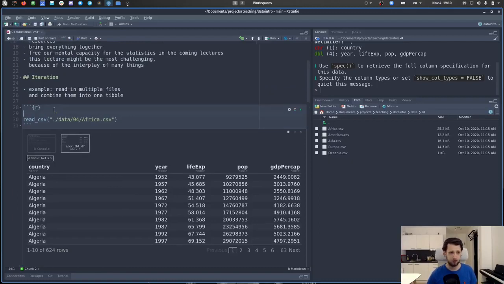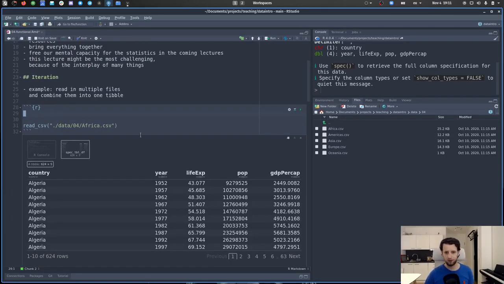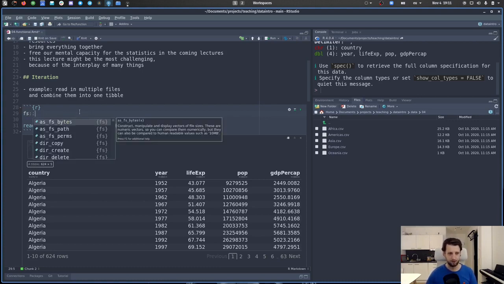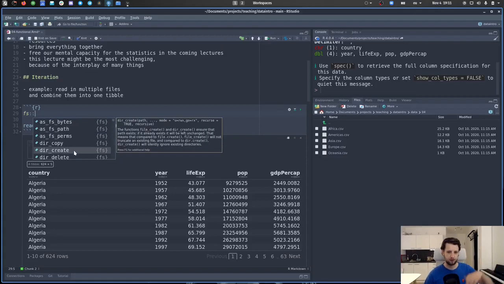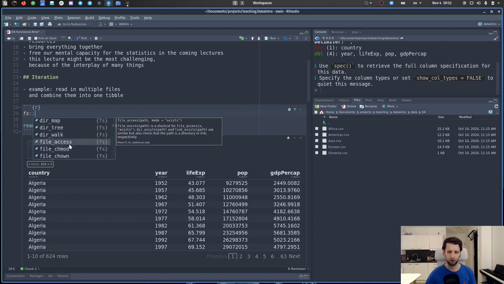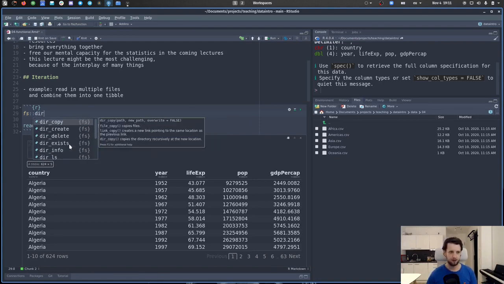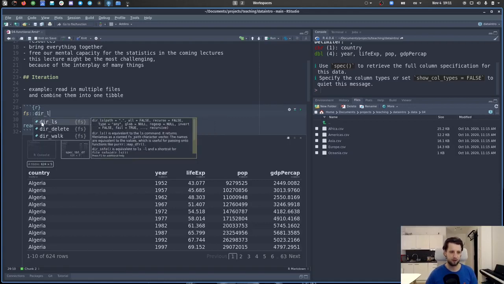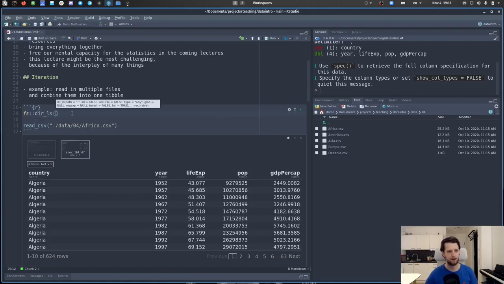So one way would be to go, okay, we need to get all the file paths, right? And a nice package for this is the fs package, which stands for file system, which comes with the tidyverse as well. These functions or versions of these functions also exist outside of this package, but sometimes it's nice to have everything in one package, and then you know where to find stuff. So fs, and then there's dir_ls, which stands for directory, list the contents of a directory. And what we want to list, well, we need to give it a file path,